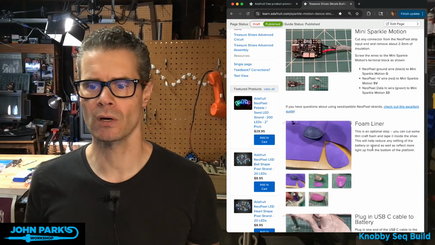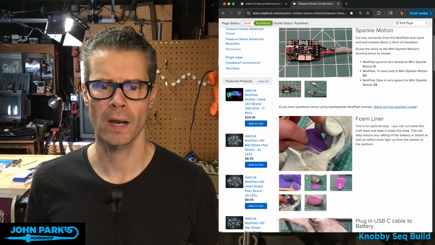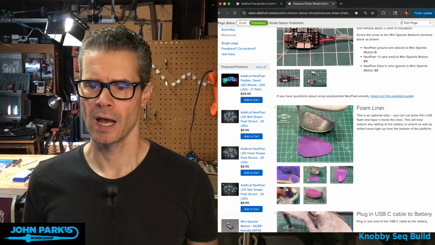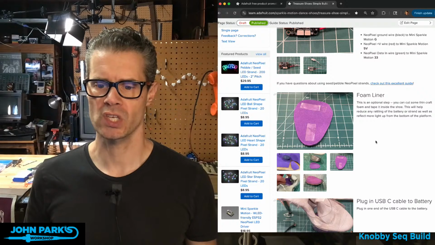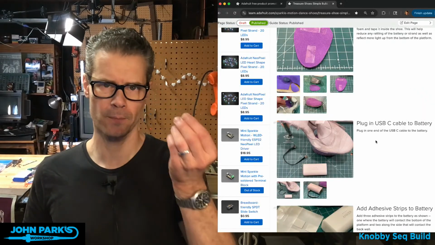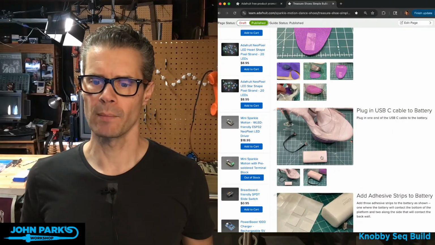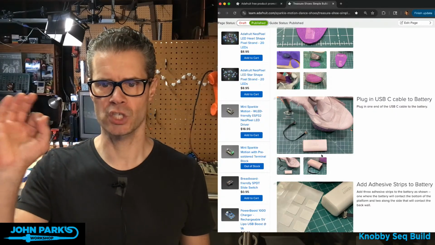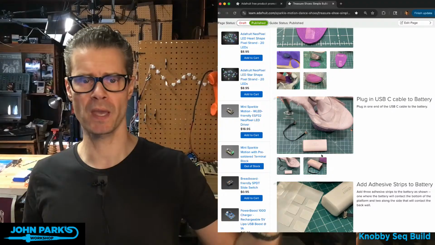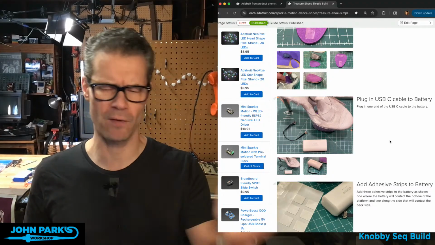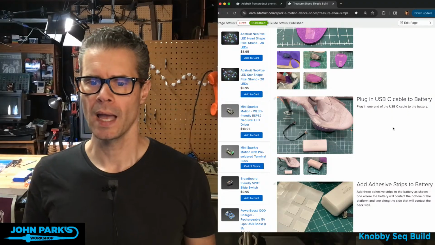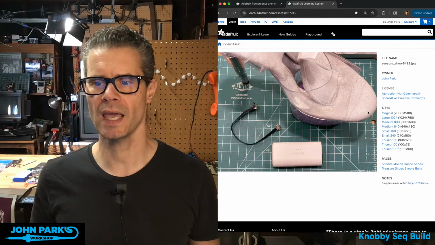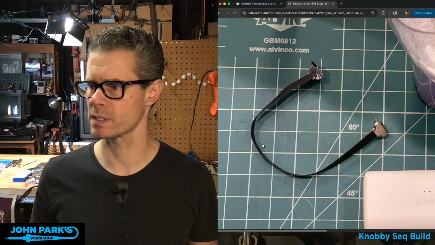So steps that I go through here in the guide, let me make this just a little wider here, a little bigger. I've got a little foam liner in there, sorry about my white balance, just for keeping things from rattling around. Just made from craft foam. And then I'm using one of these very particular batteries that has a shape that fits perfectly inside of this type of shoe. On the first page in the parts section, there's a link to this shoe. You can buy it from different places, but that'll tell you what you're looking for. And a very, very svelte little USB-C cable right there. This is my new best friend, this cable right here.